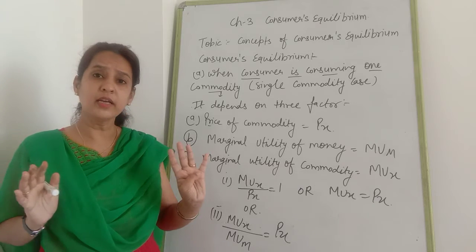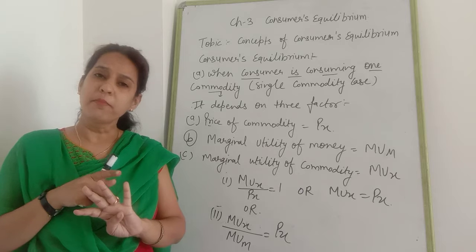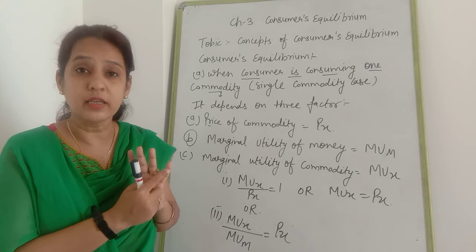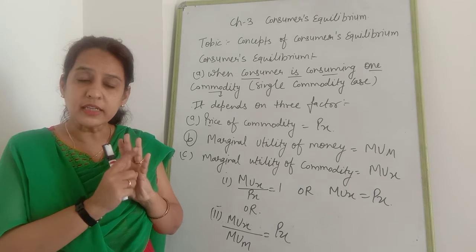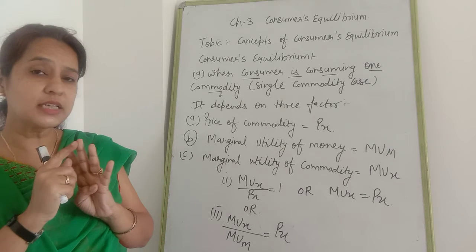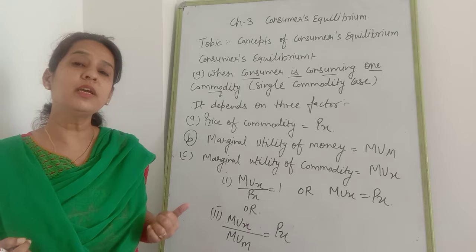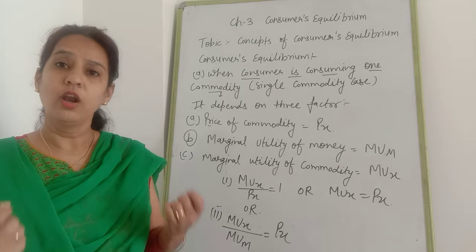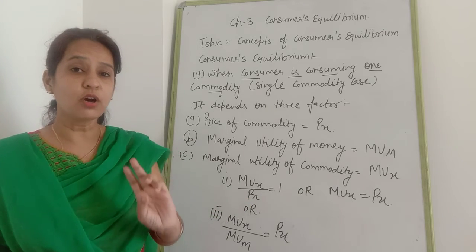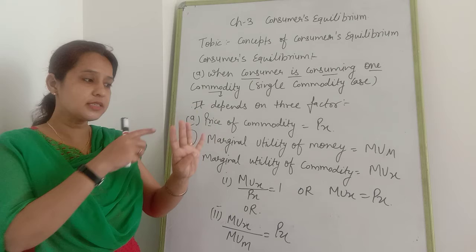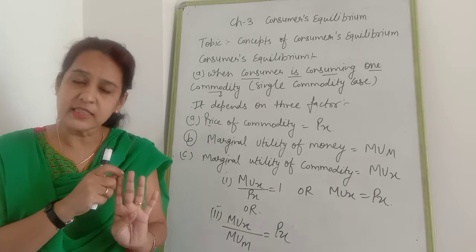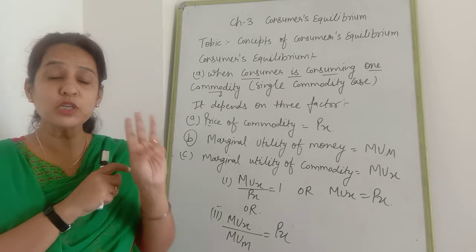Suppose someone has offered me a fourth ice cream also. Definitely my satisfaction will decrease. The satisfaction I get is 20, but the price of the ice cream is 30. In that condition, I will be in a deficit position, a loss position. So I will not purchase the commodity, because at the fourth ice cream I will definitely get a loss of -10. Because of this reason, I will not consume the fourth ice cream.